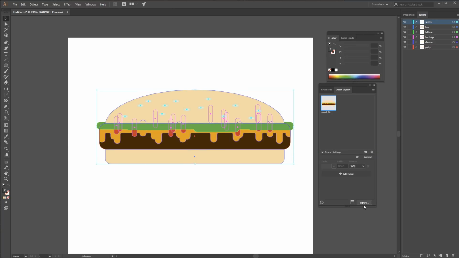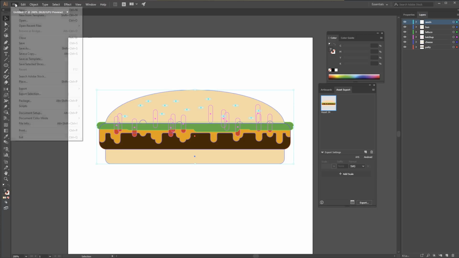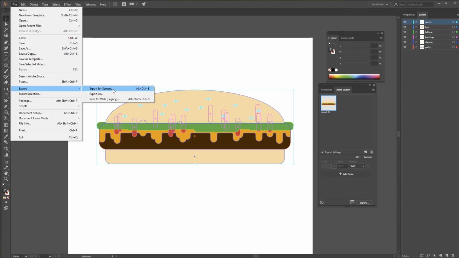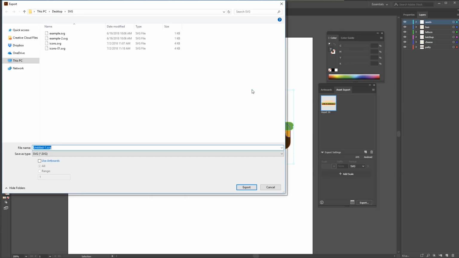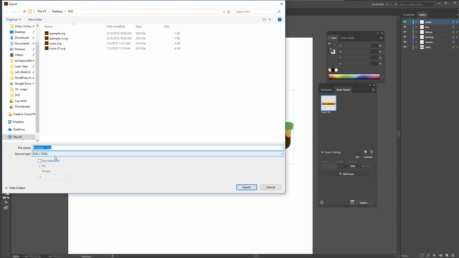So I can do that, get an SVG, and just hit export, and it's going to give me an SVG. Another thing you can do is go up to File and Export, and choose Export As. The advantage is when you choose SVG, so let's just call this hamburger. When I hit Export here,